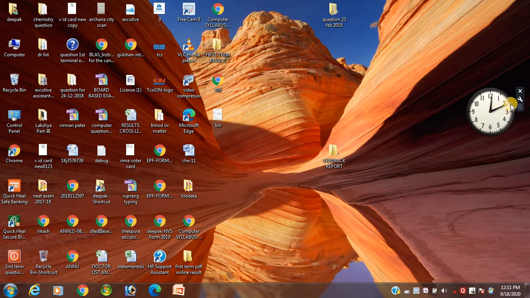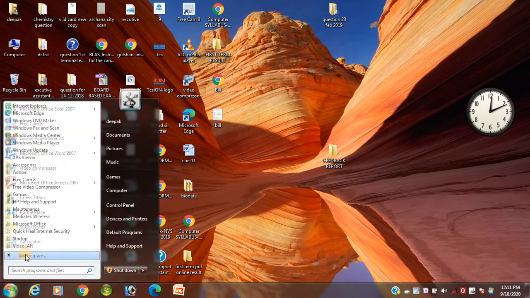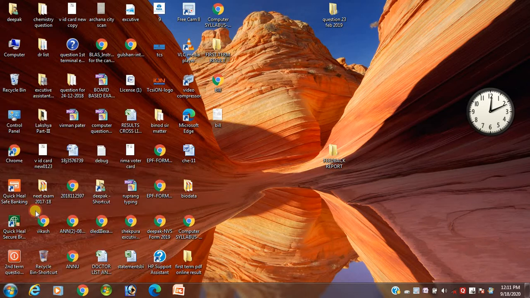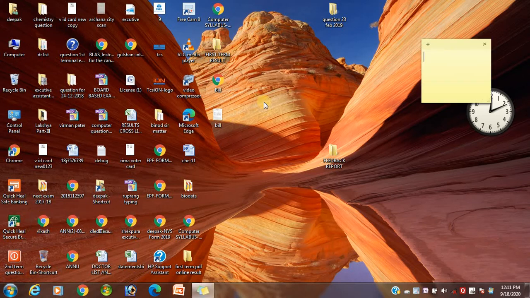Then the next one, student, is what? Sticky notes. So how to open the sticky notes? Click on the Start button, then click on All Programs, then go to Accessories, then click on Sticky Notes. The sticky notes is used to remind you of your work.